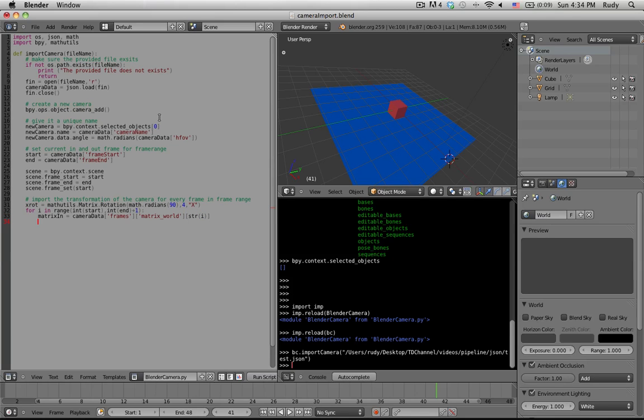Here we go, we're going to create a little compensated matrix that's going to rotate things around. So we're going to call this frame matrix, because it's a matrix for the current frame, and then we're going to do rotate xrot times, and xrot is this matrix that we created here, the one that's rotated on the x axis. So xrot times mathutils dot Matrix, then we open and close,